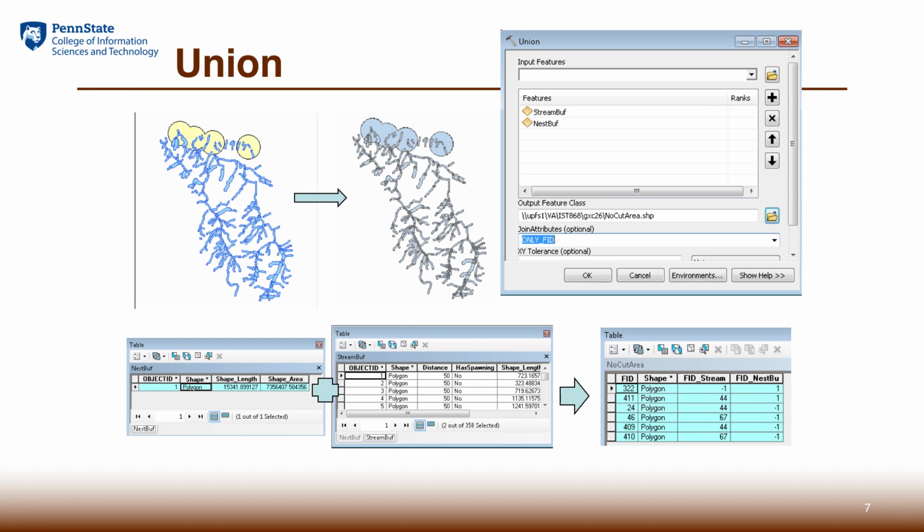This union analysis can be done in ArcGIS. If you go to the geoprocessing menu and open up the union function, you're going to get a dialog box. Whenever you do your union overlay, you basically need to indicate the input features, and it has to be two or more of those. When you do union, basically the feature classes need to be a similar type, whether they are all points or all lines or polygons. In this case, we have two inputs and all polygon features.